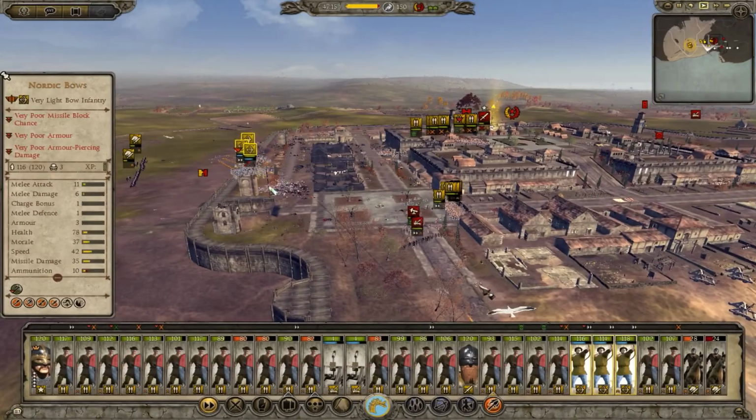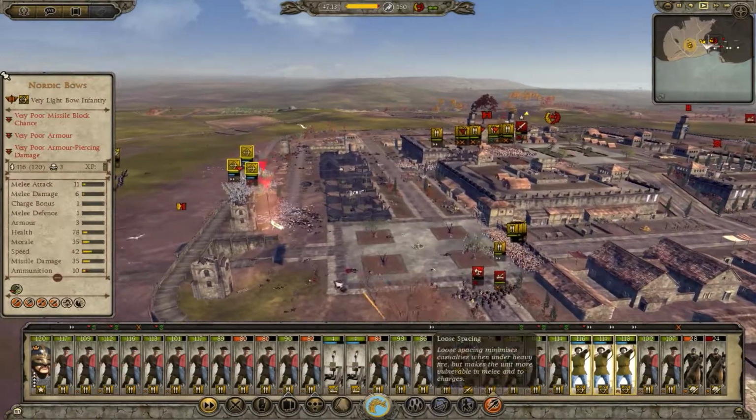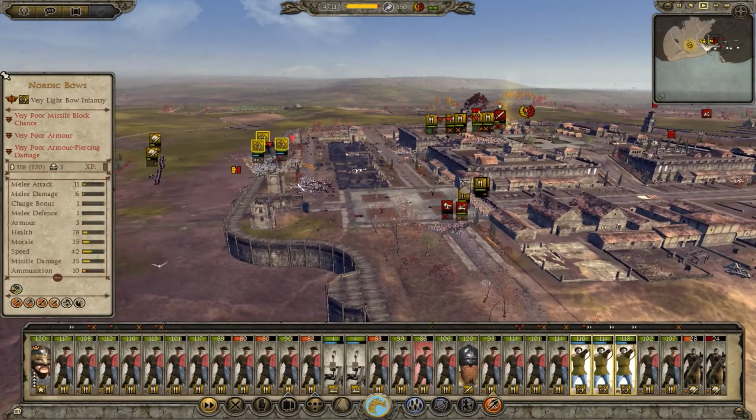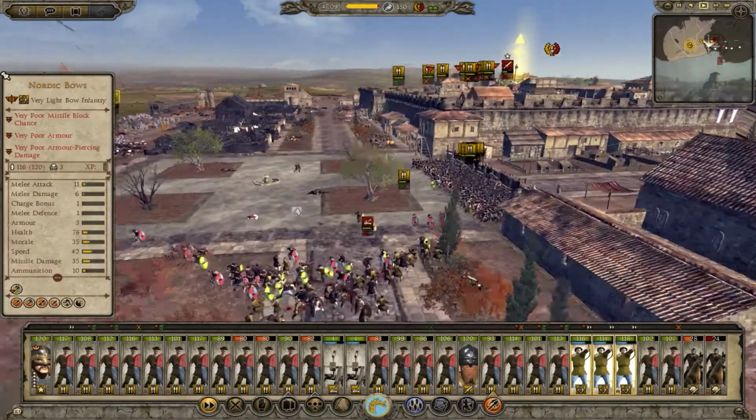This tower shooting my archers. No, let him actually shoot my archers. Let him actually shoot my archers here. I don't want him to shoot my men in the back, so...